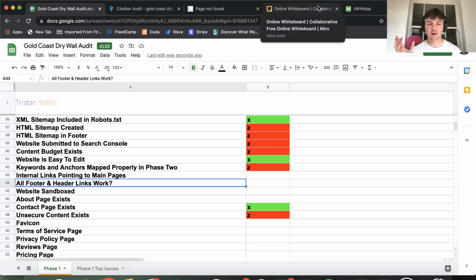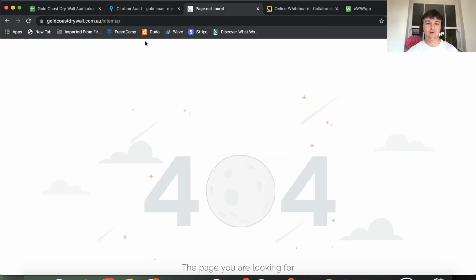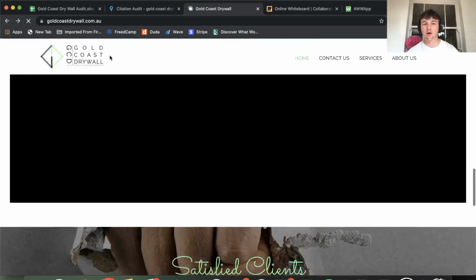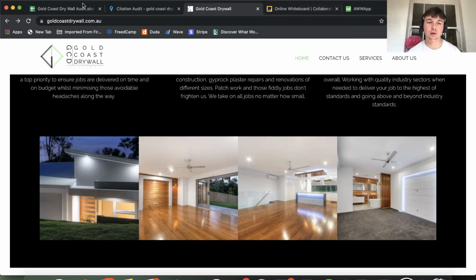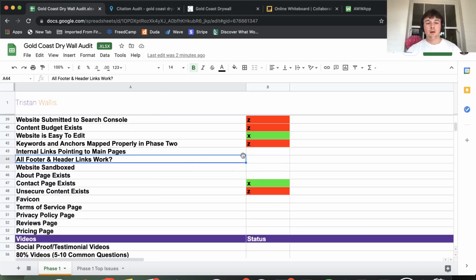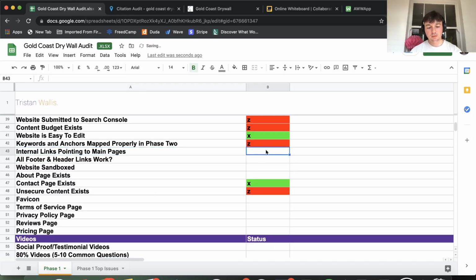Just make sure when you're setting up these internal links, the text that's linking, the anchor text, which is what we call it, linking back to the money page or the important pages that you have, is relevant to that money page. So if it's depression treatment in Tampa or depression treatment New York or wherever it is, or for example, drywall in Queensland, make sure that keyword or some variation of that keyword is the anchor text linking back to that page. So I'd highly recommend that. So we're going to put a Z there